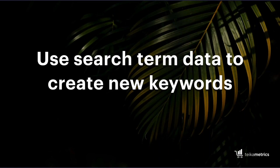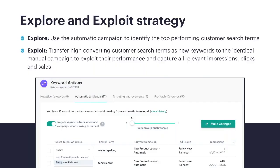Perfect. So this leads us into sort of the inverse of that, which is using your search term data to create new keywords that you do want to target and have your ads placed for. Awesome. Thank you, Gary. Yeah, so here we're going to talk a little bit about the explore and exploit strategy. So if you've ever seen any of our webinars or blog posts, you may have actually come across this explore exploit